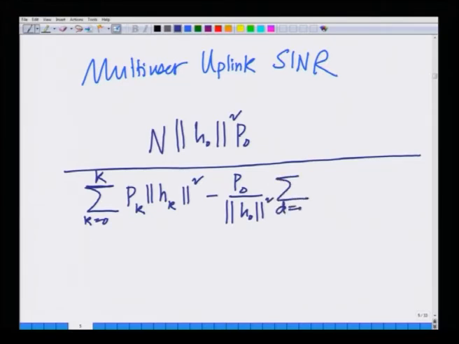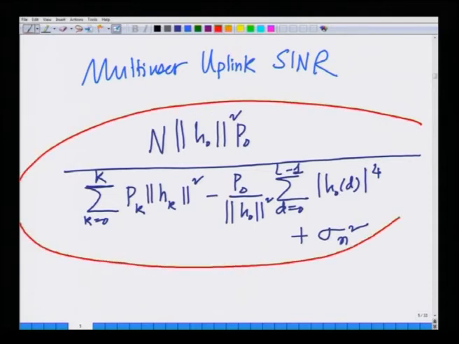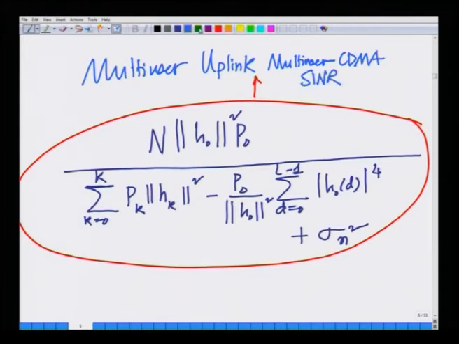summation d equals 0 to L minus 1 magnitude H naught d to the power 4 plus sigma n square. This is the uplink SNR. As we said, this is the uplink multi-user CDMA SINR, and what we are saying is essentially everything remains the same as the downlink except